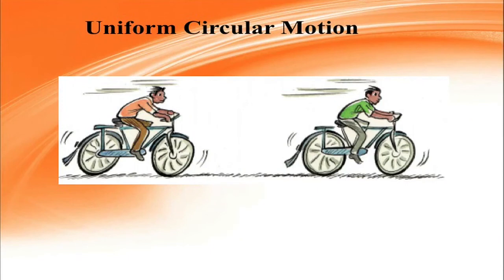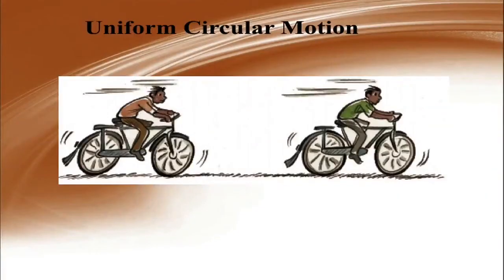You may have seen the motion of a bicycle on a straight level road. Now, look at the wheel of the bicycle. Any point on the wheel always remains at a constant distance from the axis of the wheel and moves around the fixed point, the axis of the wheel. On the basis of the description of motion of the wheel, you can decide very obviously that this motion is circular motion. You can see here the wheel is moving and this motion is circular motion.